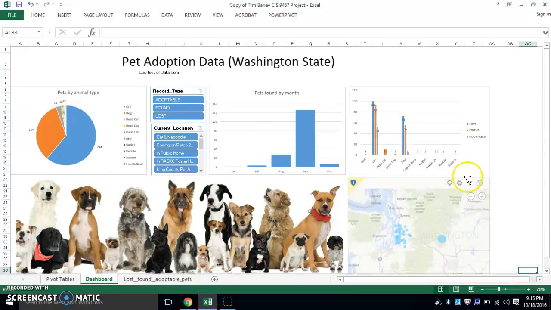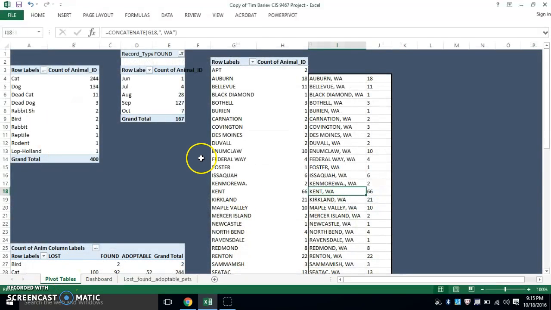So how did we come up with these graphs? Let's go to the pivot table tab, and you can see that I used a count of animal ID to determine how many of a particular animal is in my data. I was able to do that because every animal has a unique animal ID, and that's why it works perfectly for these 3 pivot tables,